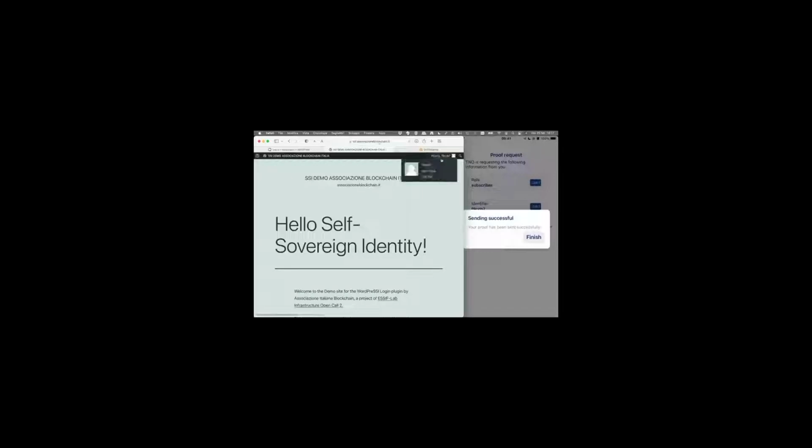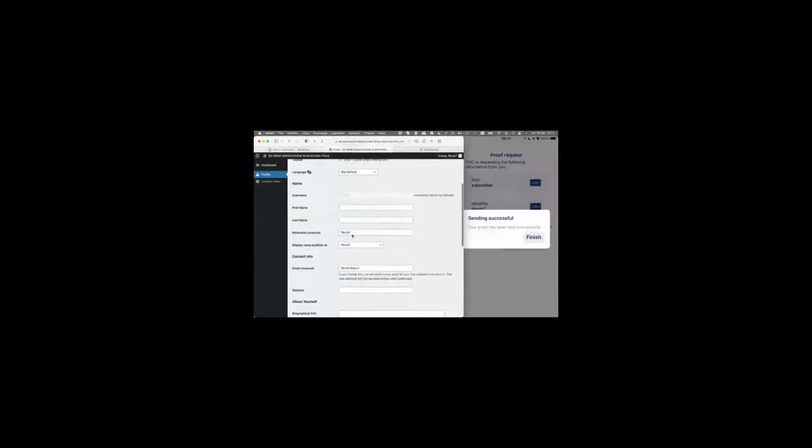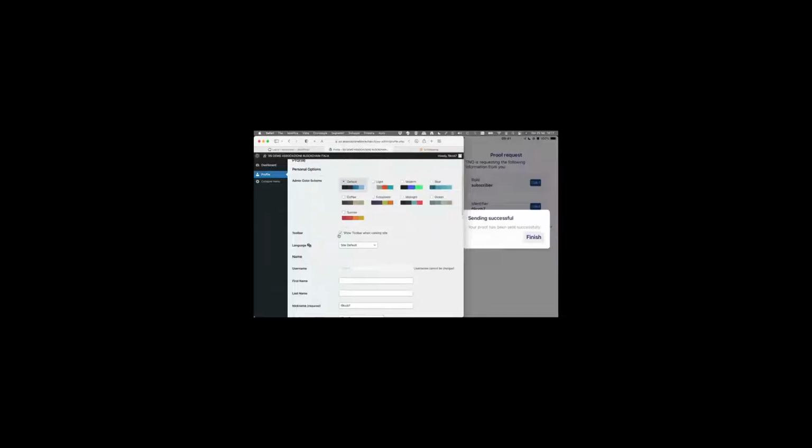We decide to send the credential we obtained in the previous step, and this is the token we received from the EC library. The credential is verified using the signature, and then we can go to the home of the site, and we can see that we correctly logged in to the site using this username.